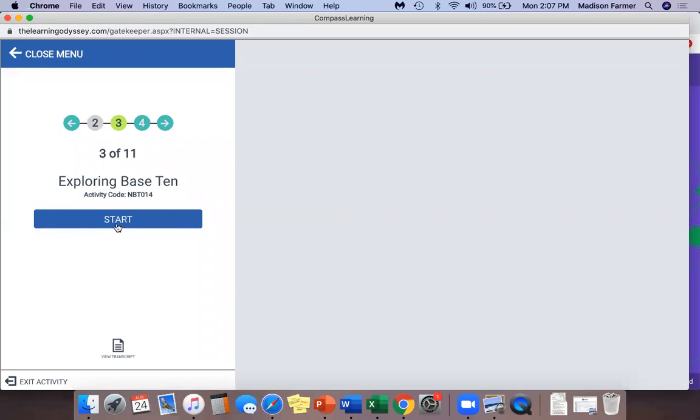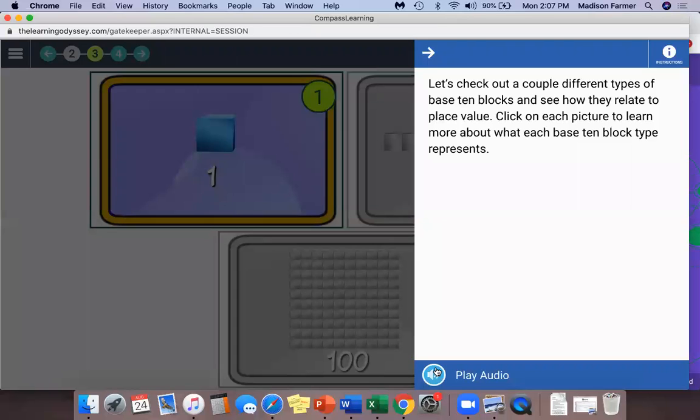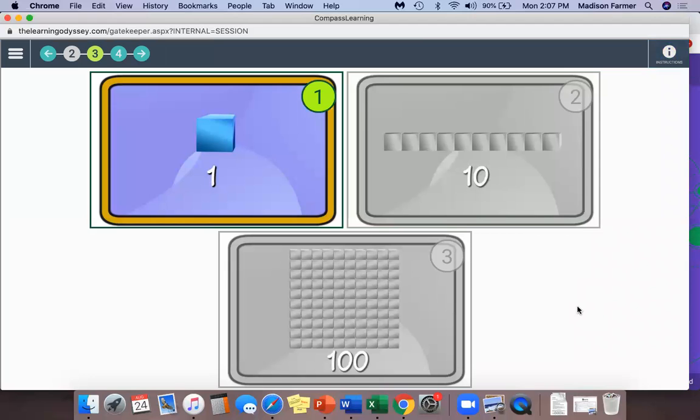Okay, so here's what it'll look like. Let's check out a couple of different types. It'll just be laid out like this. They can do different activities. They'll have little videos with it. Whenever they're done, you want to make sure to press